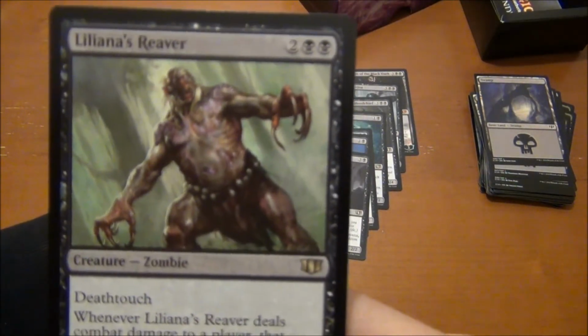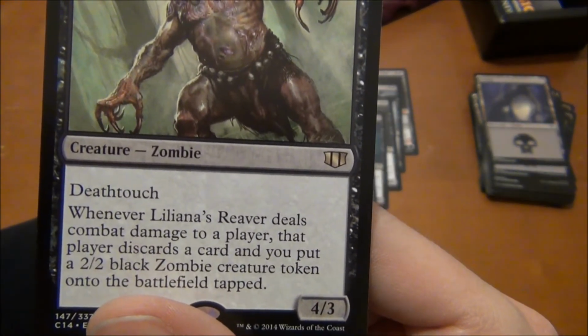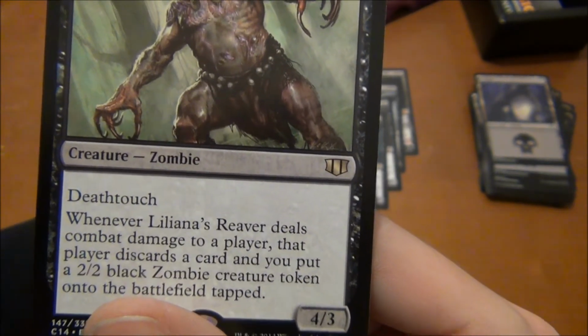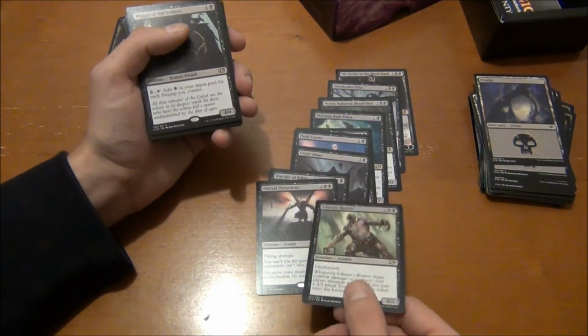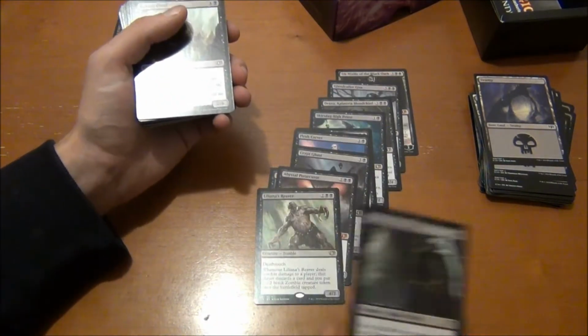Liliana's Reaver, two and two black, for a 4/3 with deathtouch. Whenever Liliana's Reaver deals combat damage to a player, that player discards a card and you put a tapped 2/2 black Zombie creature token onto the battlefield. I actually just thought, so he's a big creature for a little bit of mana, so I'm going to use him and then sacrifice him. That's what Abyssal Persecutor is for. And Reaver is for